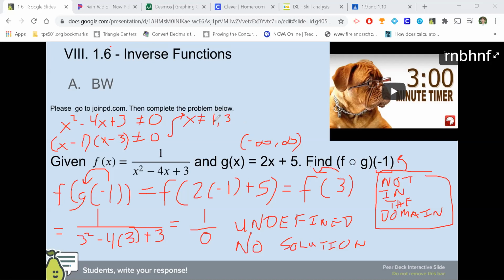So this is what I'm talking about. When we have our domain here, our restrictions of f, we need to look at them in terms of the output of g. So basically, we could say 2x plus 5, that output cannot equal 3. And we could say 2x plus 5, that output cannot equal 1. And then solve both of these. Again, we've already solved the top because -5 becomes -2. Divide by 2 is -1. If we solve this one,